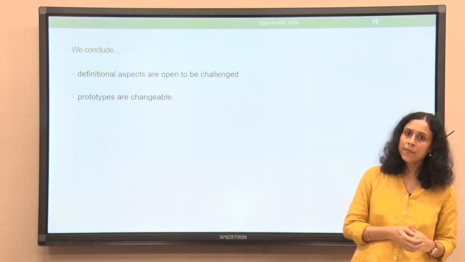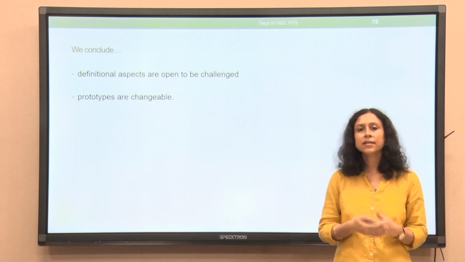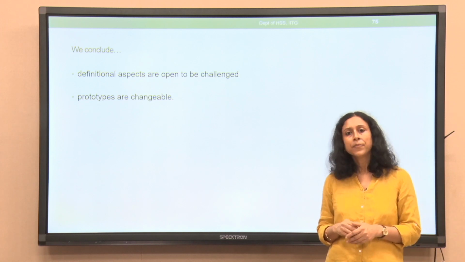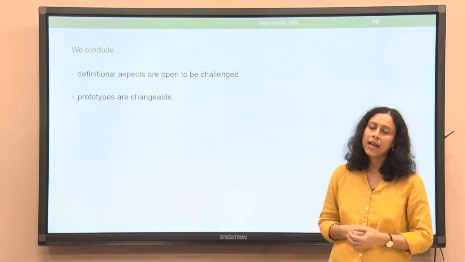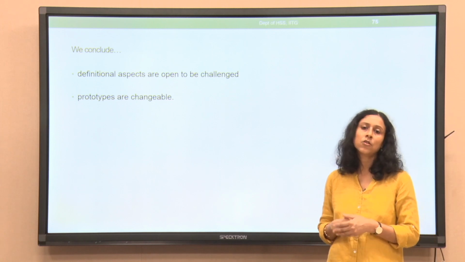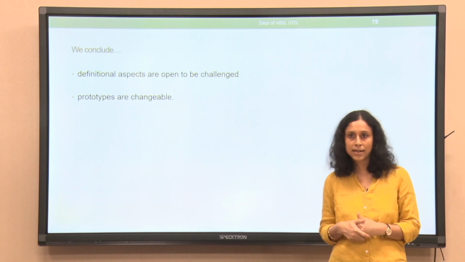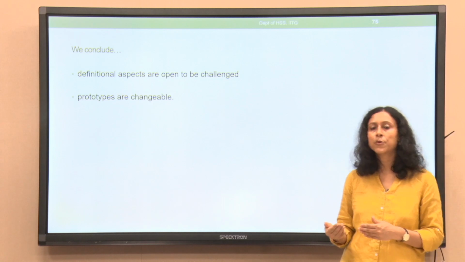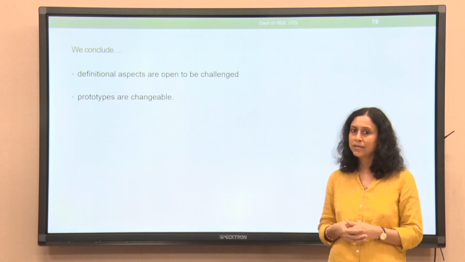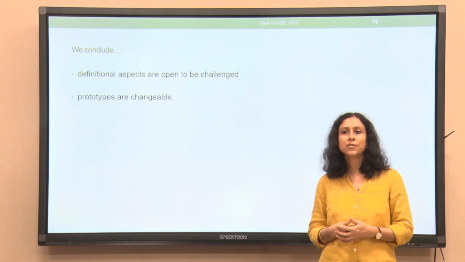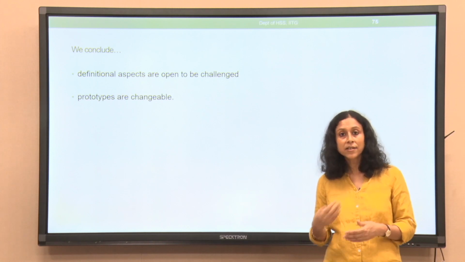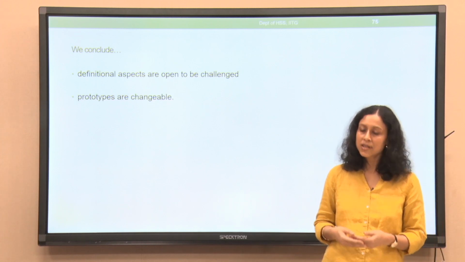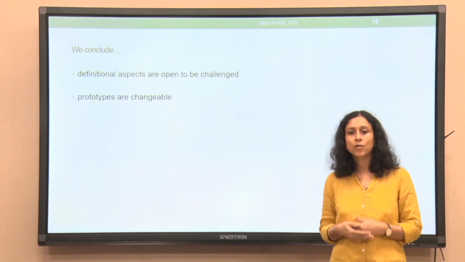So, in the first part, we saw that the representative members of a category can change depending on the culture, depending on the language and so on. Not all members of a category are the same, they can change and there is a gradation. Then we saw that this particular understanding of the prototype can change depending on the culture. Now, we see that even the basic features which are supposed to be represented by the central members can also be contested, they are also not stable. So, prototypes are also changeable.